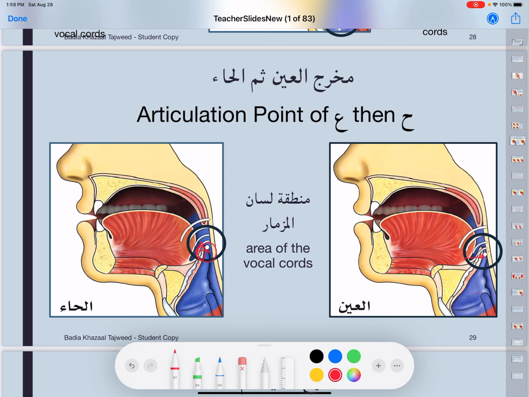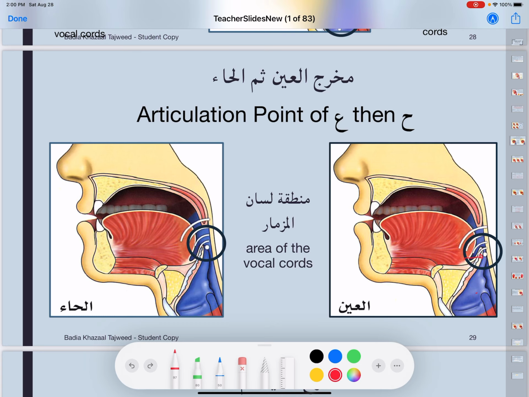Aha, ahi, ahu. I don't want aha, ahi, ahu from here. Again, people do the ha from here, which is wrong, just like they do the ayn from here, which is wrong. Aha, ahi, ahu, no. A, ai, au. Aha, ahi, ahu. I hope this has helped a little bit with fixing your own